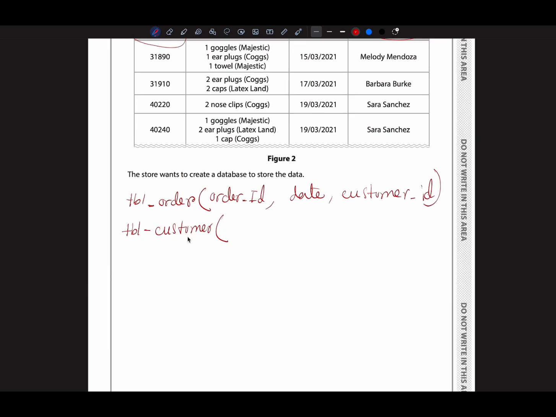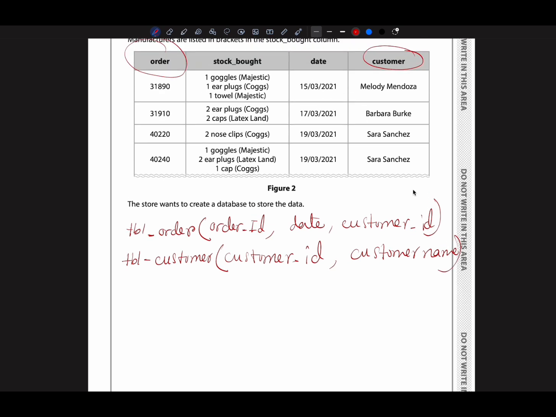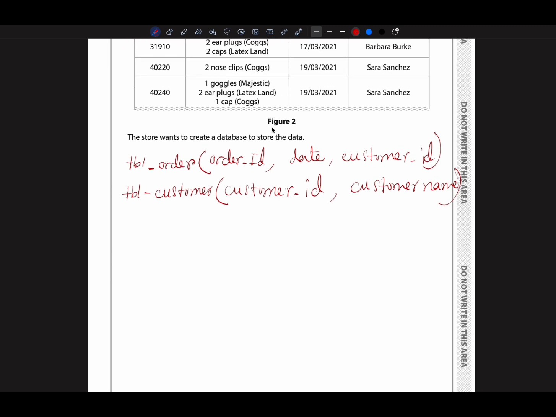So for the customer, obviously we have a customer ID, right? Customer has customer ID and then customer name. Now we will look over again, and then we can see that we have a stock, right? And then the manufacturer name as well. So based on that, I think we can get two tables. One is the stock table, one is the manufacturer table. So table stock,